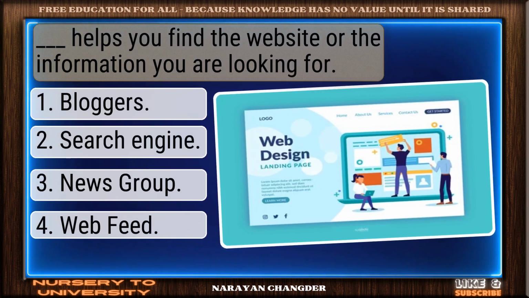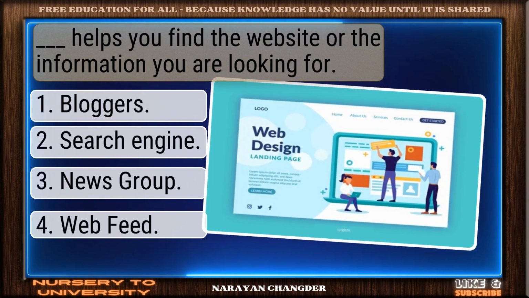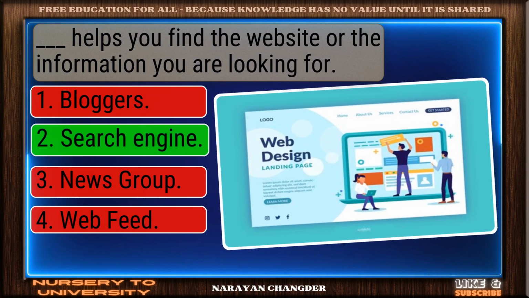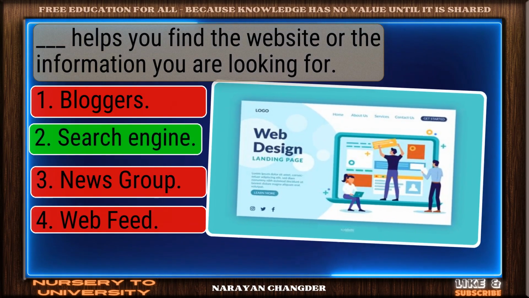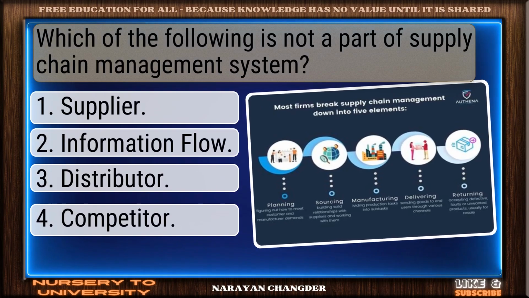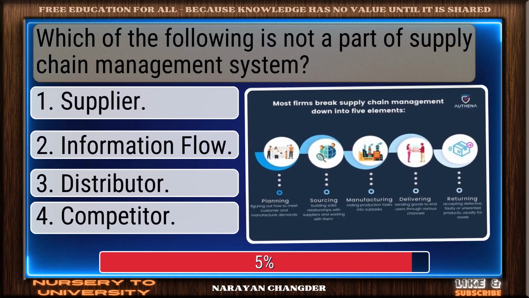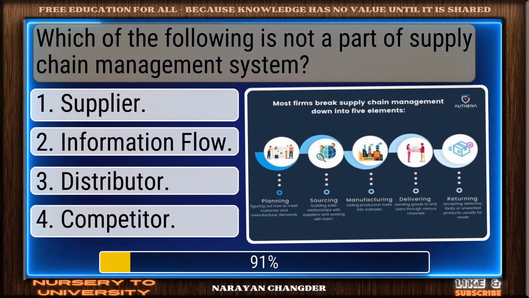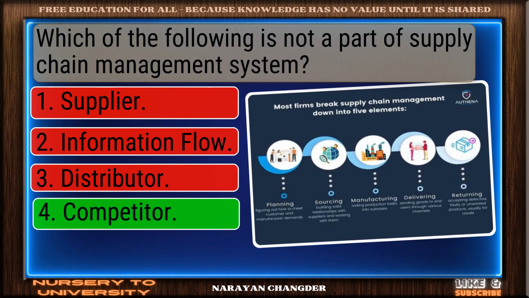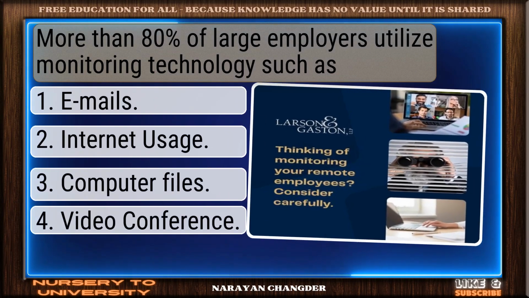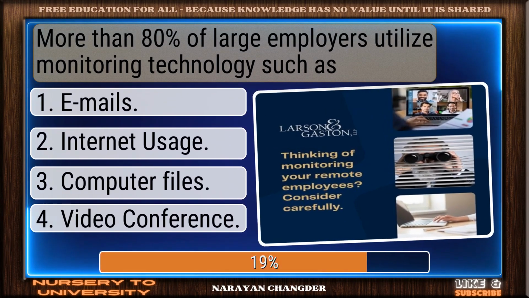Dash helps you find the website or the information you are looking for. Good thinking. Search engine is right. Which of the following is not a part of supply chain management system? Exactly. Competitor makes sense. More than 80% of large employers utilize monitoring technology such as